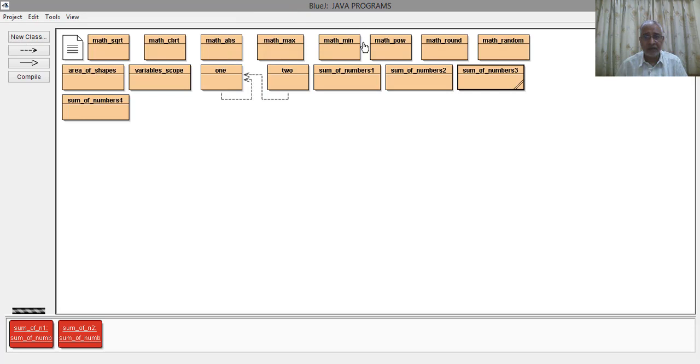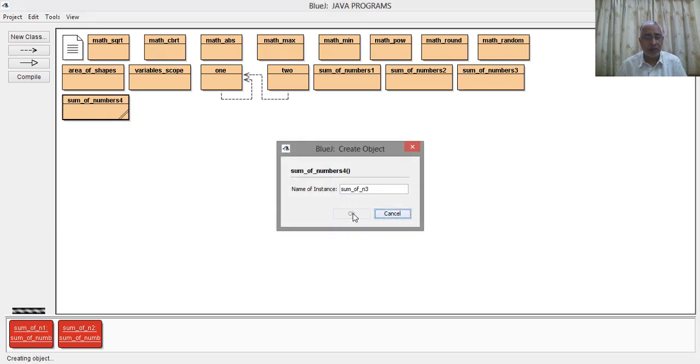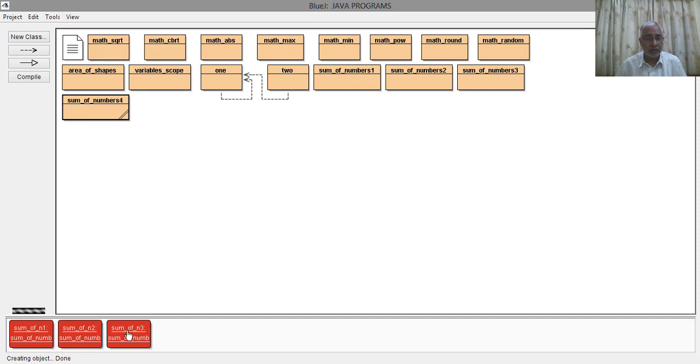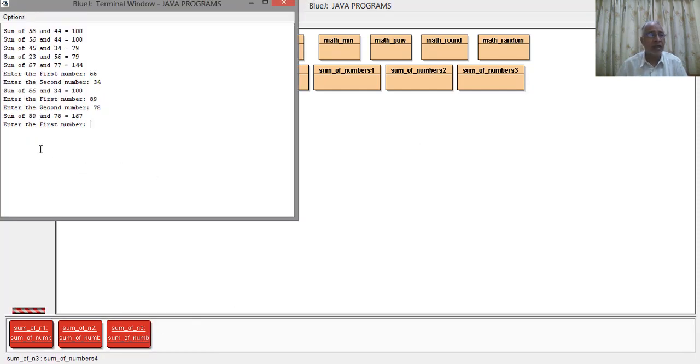Now we make the fourth program, fourth object, and this fourth object is actually using the buffered reader method. Again it will ask you to enter the first number. So the execution is the same. The output you will see on the screen is the same: enter the first number. But earlier these two were from the scanner class, and now we are doing the buffered reader class.